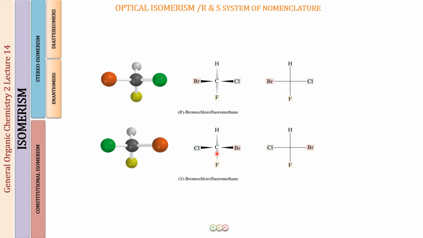Now the enantiomers behave differently towards plane polarized light. Therefore, they both are called optical isomers as well. When there are two compounds, there should be two names as well. And you can see that in the naming we have the names to be different. One is called R-bromochlorofluoromethane and the other is called S-bromochlorofluoromethane. Now, what is this R and what is this S? This is what is given to us by the RS system of nomenclature of naming these enantiomers or optical isomers. That is what we are going to learn today, right? So let us begin the learning.